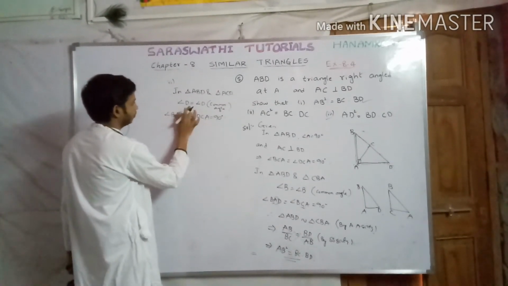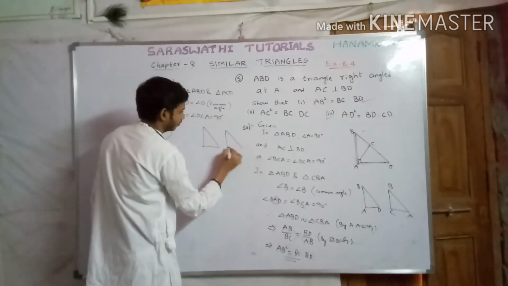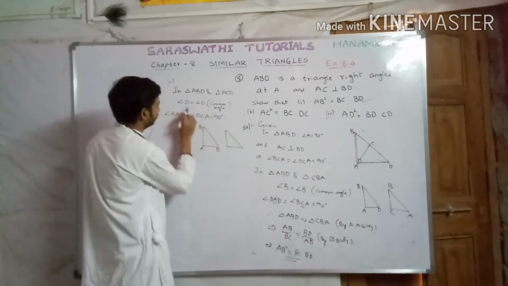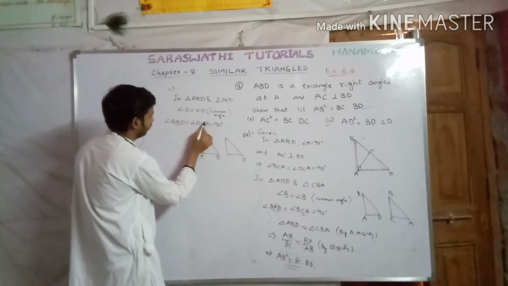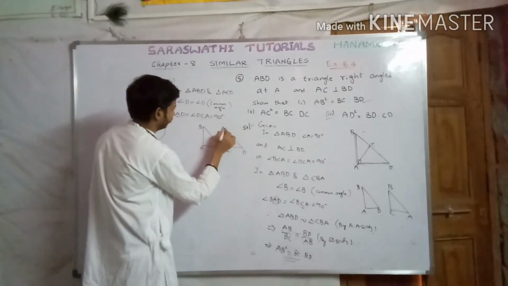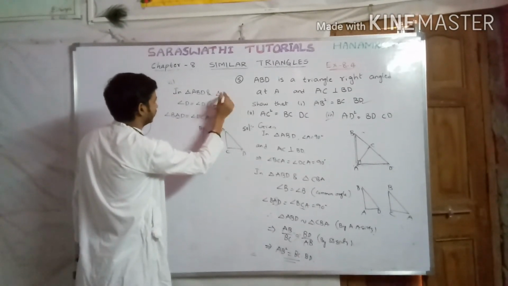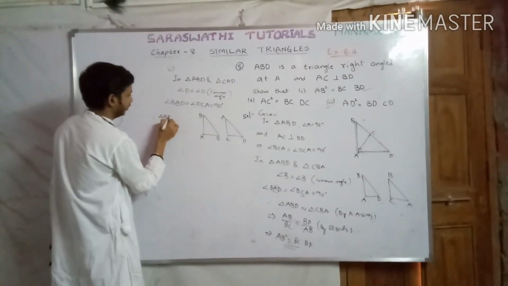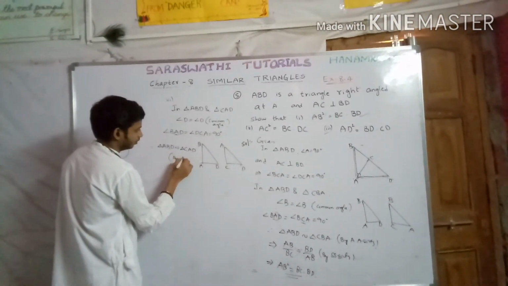So therefore by AA similarity these two triangles are similar. First draw these two triangles separately. First one you can take ABD. The corresponding angle to D is angle D, and the corresponding angle to A, that is BAD, is C, so BAD equal to DCA. That means here C should come. So ABD is similar to CAD. Therefore triangle ABD is similar to triangle CAD by AA similarity.